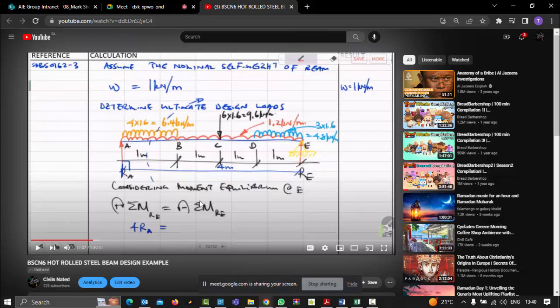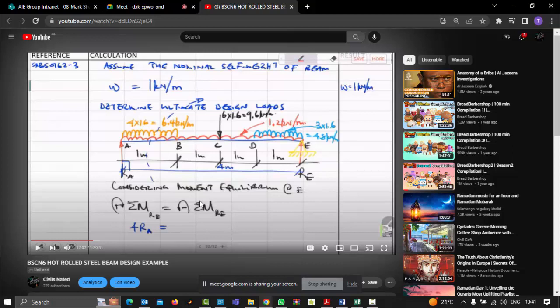It's only a few, when you get to a 610 by 229, which weighs about 101 kgs per meter. Most of them have a weight which is less than 100 kgs per meter. So the fact that most of the I-beams which we use for designing beams have a self-weight less than 100 kgs per meter makes it reasonable to start by assuming that the self-weight is 100 kgs per meter. Then later on,